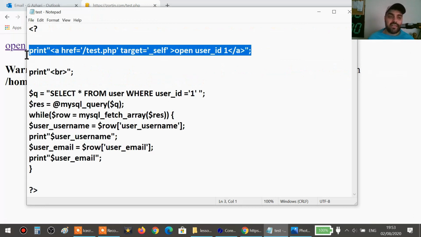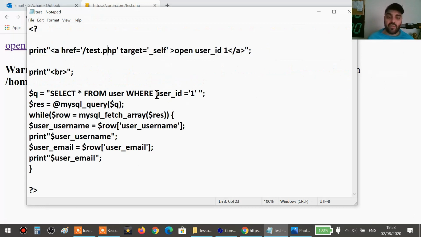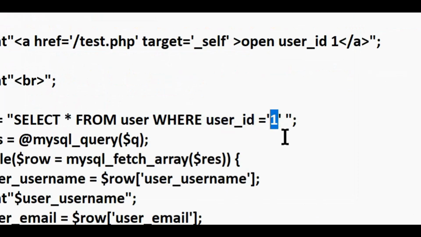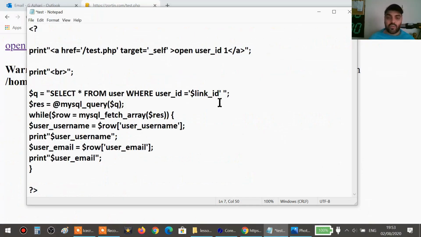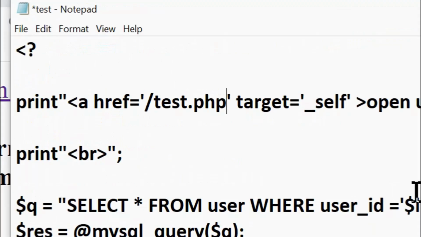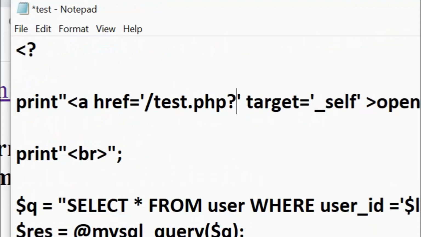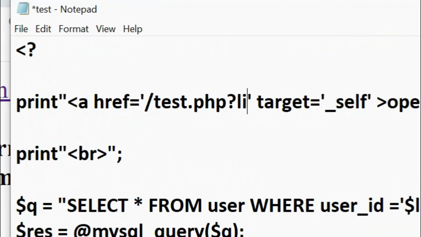So in this link here, we can do something nice. Instead of saying user ID equals to 1, we can add a string here, link ID. Okay, so this is a new string. We just named it link ID. And then we come to the link here and we say the destination of the link. Check this out. Test.php, and then we add the question mark to separate the URL from the information. And then we say link ID